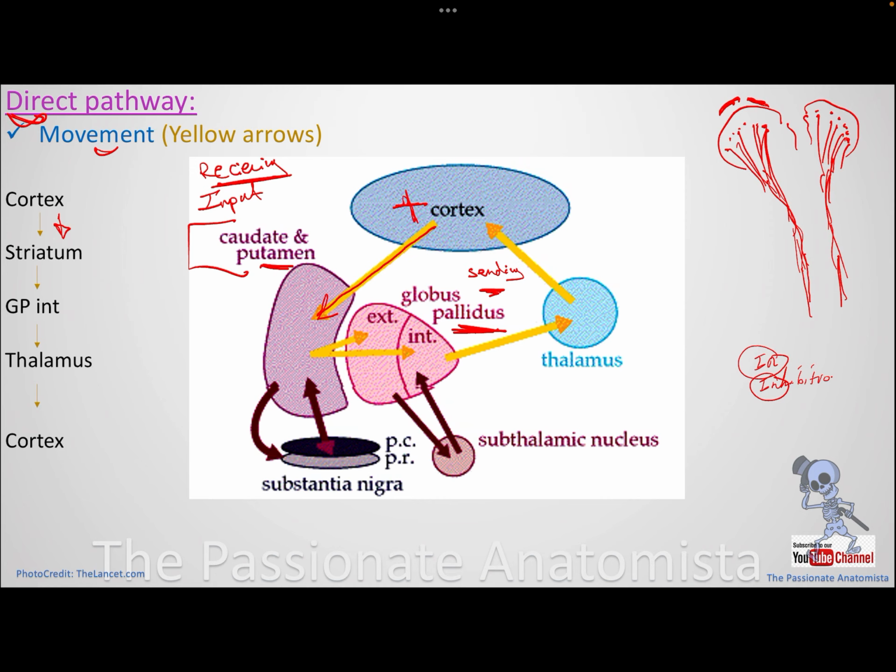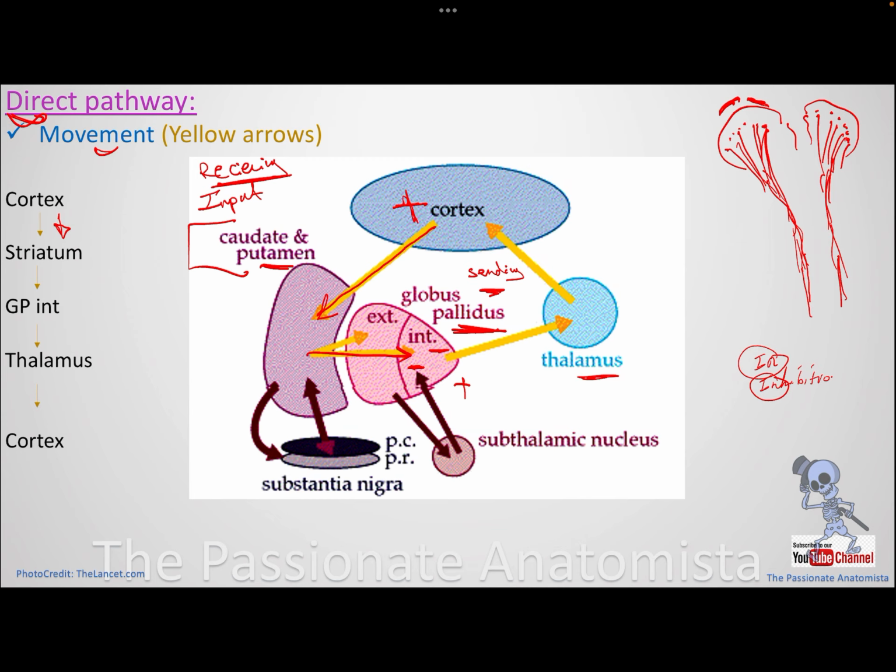So if I activate them, they will send negative charges to the globus pallidus internus, negative. So if I send negative to the globus pallidus internus, which is also negative, this is going to be positive. It means I'm going to stop the inhibition on the thalamus because now I want to do movement. Basal ganglia at rest is stopping the thalamus from doing the movement, because you remember, guys, the thalamus is the secretary